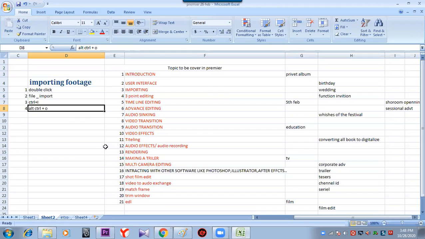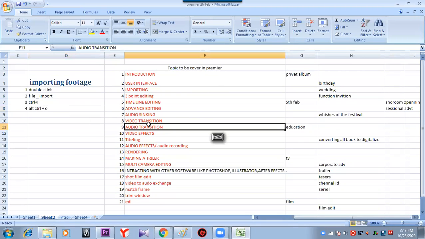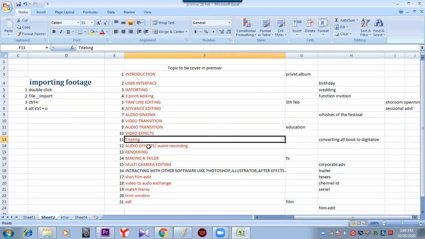Exactly the same thing happens in the audio department also. Whenever one sound jumps to the next sound, like a comedy scene is there and suddenly drama comes, how does it transition from that sound to this sound? That is called transition. Smooth mixing is called transition, audio transition. Then effects, we'll be seeing some black and white effects, chroma effects and all. Then every movie or every video presentation comes with a titling.